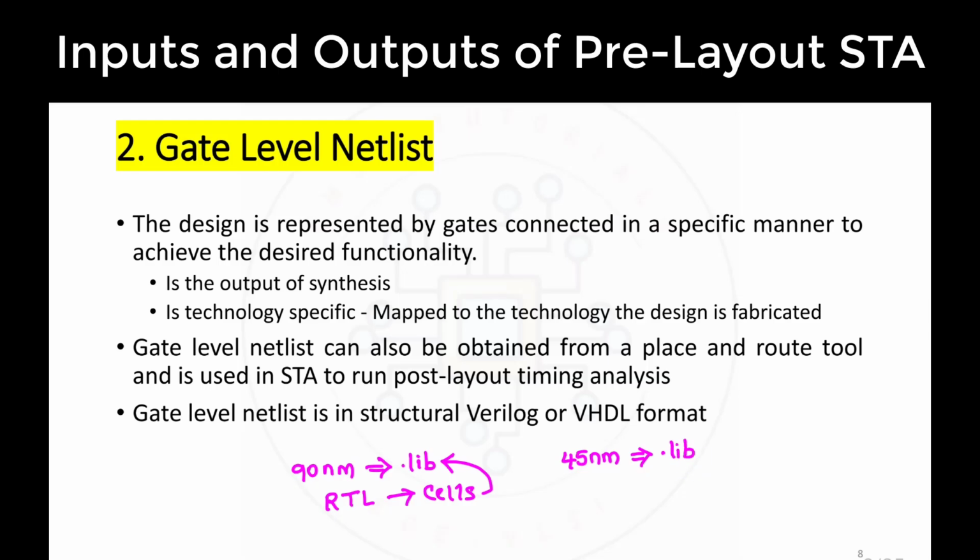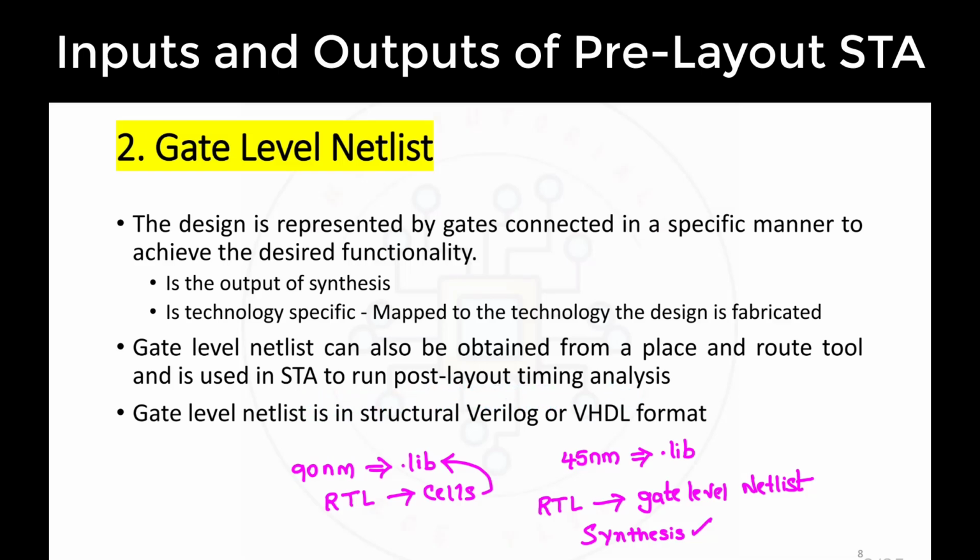So generally you will get a gate level netlist, that is, RTL code will be converted into a gate level netlist, and this is done during the synthesis stage. So check my previous video on synthesis, then you will understand how this RTL is getting converted into a gate level netlist. A gate level netlist can also be obtained from a place and route tool and is used in STA to run post layout timing